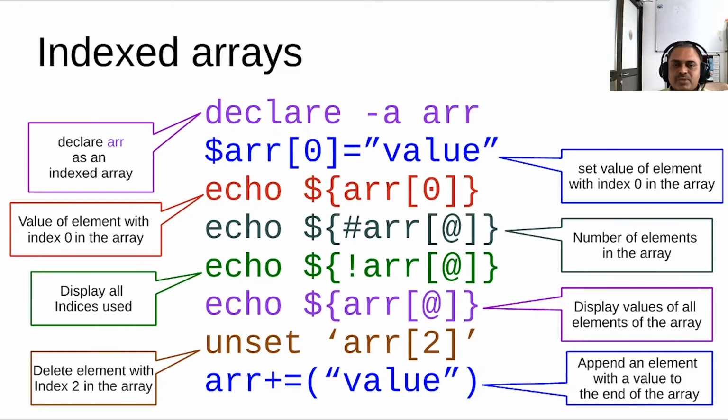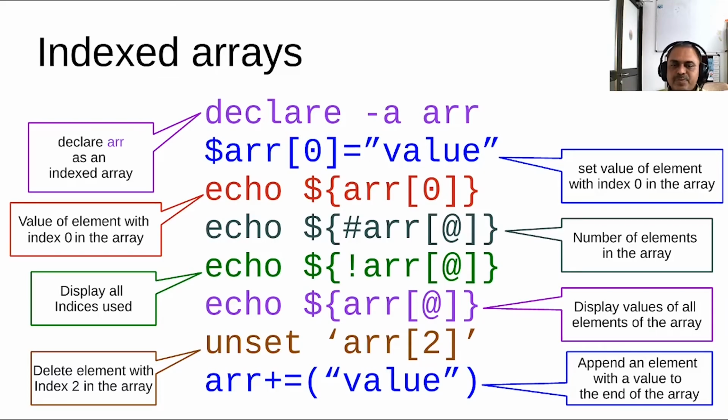You can print the value of any specific element of the array by using the syntax of square brackets, which is quite common for you if you are familiar with the other programming languages. By providing a hash in front of the array name and an @ symbol within the square brackets, you are conveying that you would like the command to be interpreted for all the elements that are in the array, and by hash you are asking to count, so you would get the output as the number of elements in the array. And the exclamation mark would indicate that you are interested in knowing what are the indices that are used by the array, and the @ symbol tells that you would like to have the list of all the indices